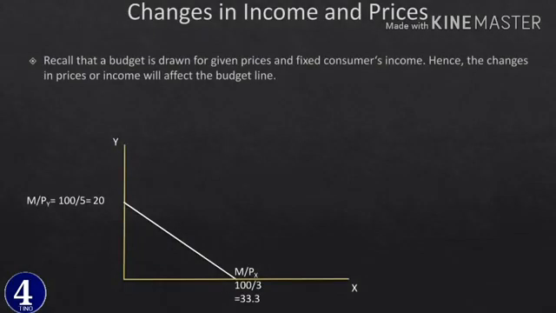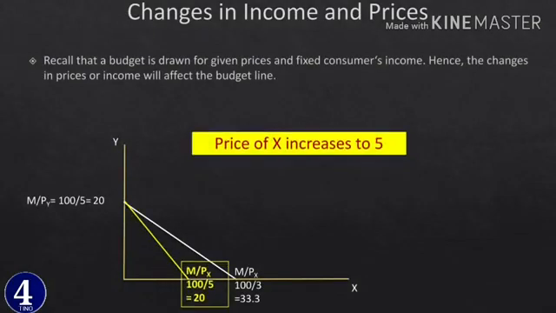Okay, now let us see the case of price exchange. So price exchange ሲያደርግ what will happen to the budget line የሚለውን እንመልሳለን አሁን ማለት ነው። ስለዚህ the first scenario is a price increment in x ማለት ነው። ስለዚህ የx ዋጋ ሲጨምር ምን ይከሰታል? As usual y constant ነው የሚሆነው because there is no change in m and there is no change in price of y፣ ምንም change ስለሌለ ይሄ point still 20 ይሆናል፣ but እቺ 33.3 x value ግን ትቀየራለች because m is constant but price of x the denominator has increased ስለተባለ ይሄ ቁጥር ይቀንሳል ማለት ነው።